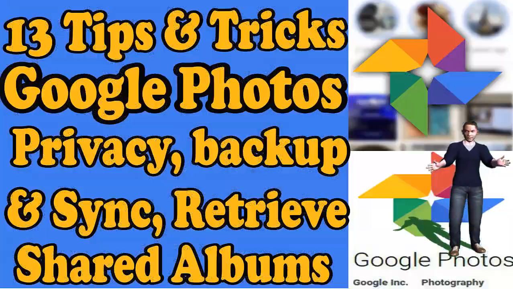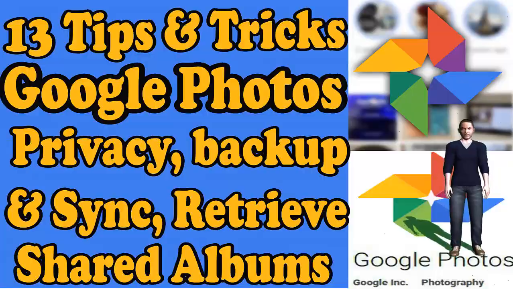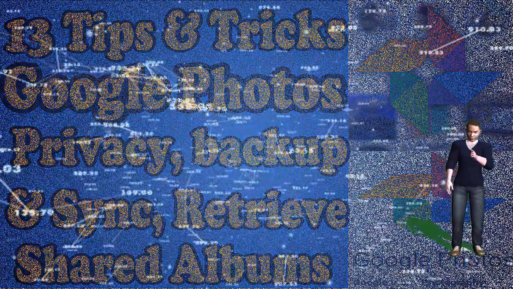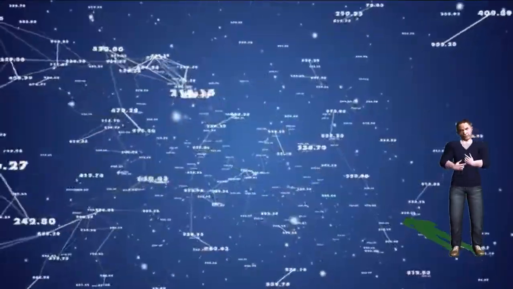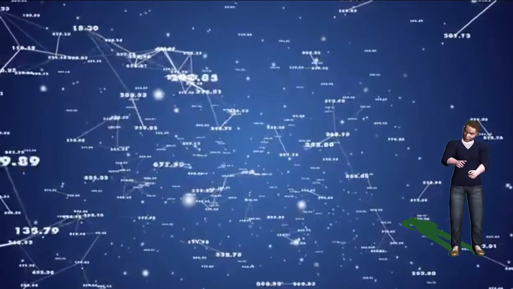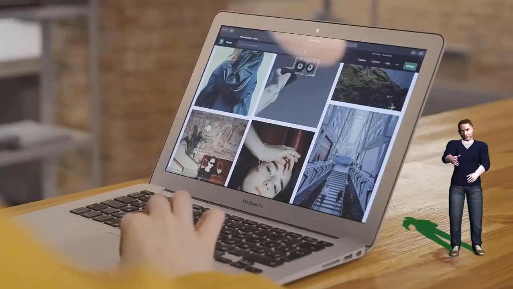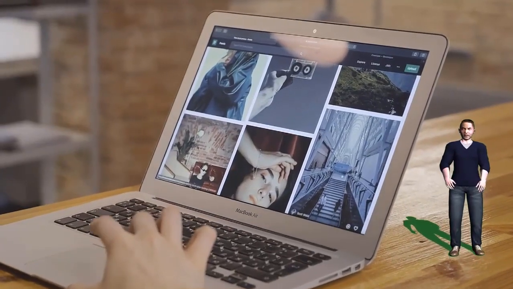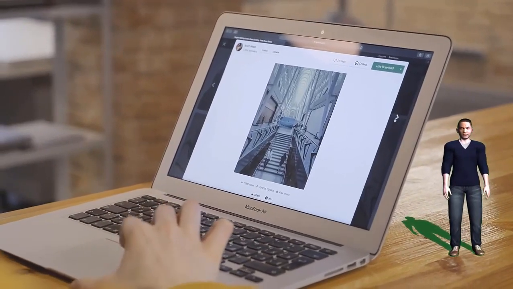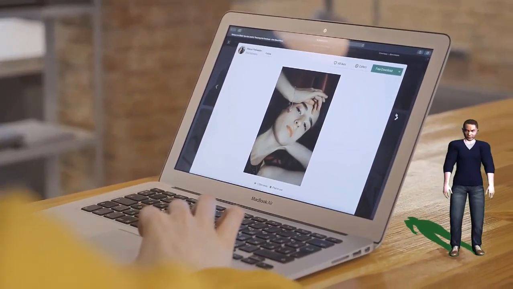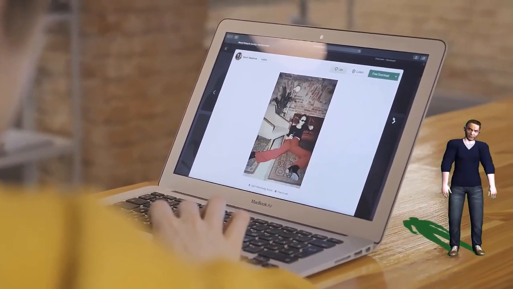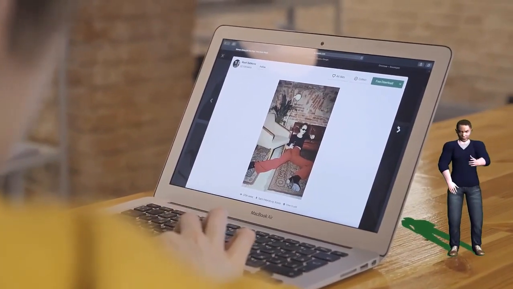As an Android user, Google Photos is compulsory for all of us, and in most mobile phones it is installed by default, and we don't even know about that. We are logged into Google Photos and it's creating a backup of our photos and our private documents, but we don't know.